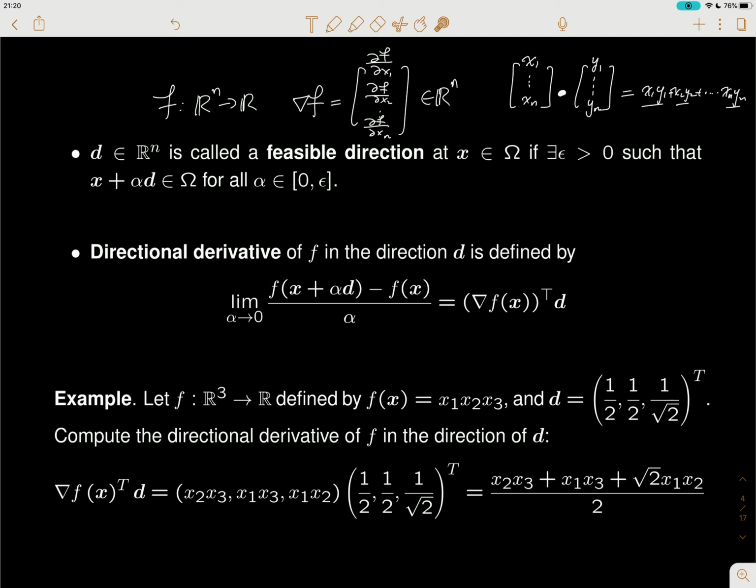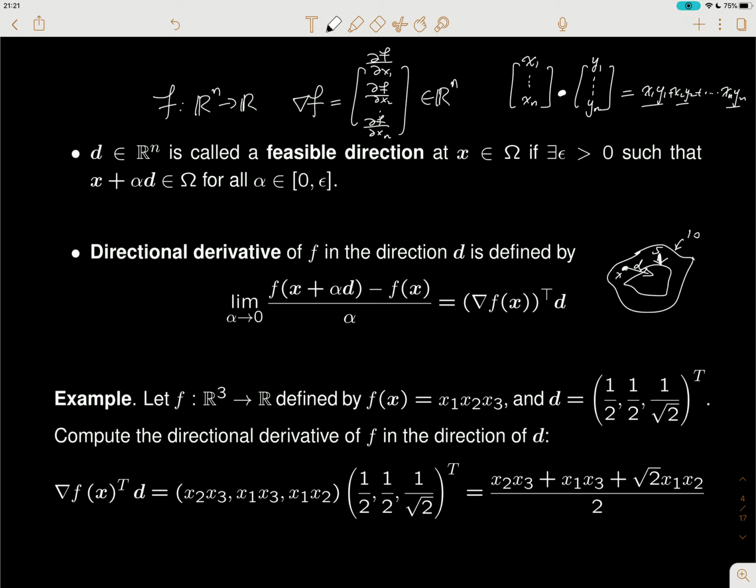So how do we use this? Remember the picture I drew earlier. Say this is the function value. This circle or this contour tells you the points where the function value is 10. Okay, and then this contour gives you the points where the function value is 5. So now let's say I start from this point, and I decide to go that direction. So this is the x, this is direction d,